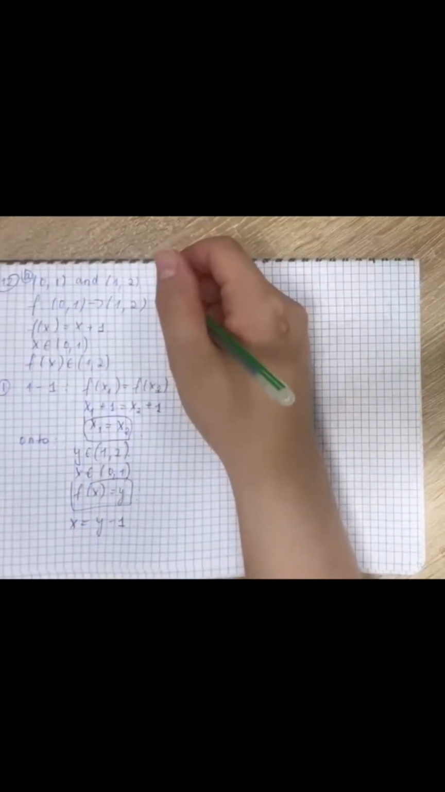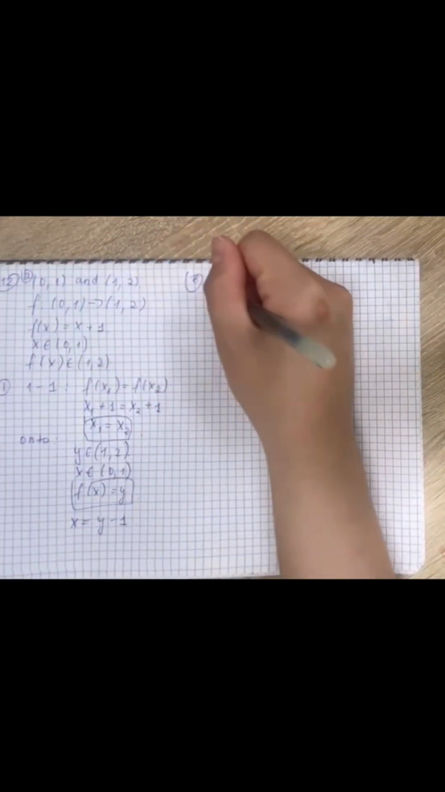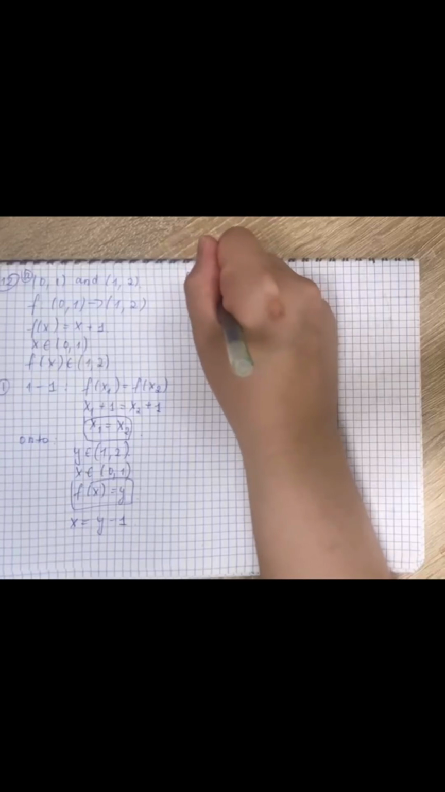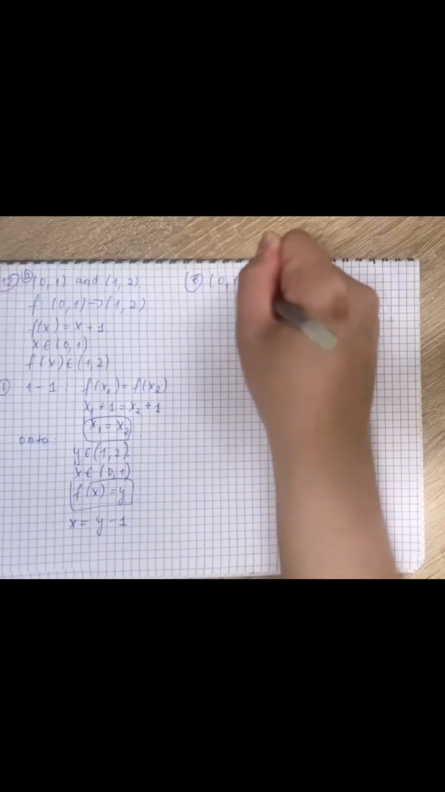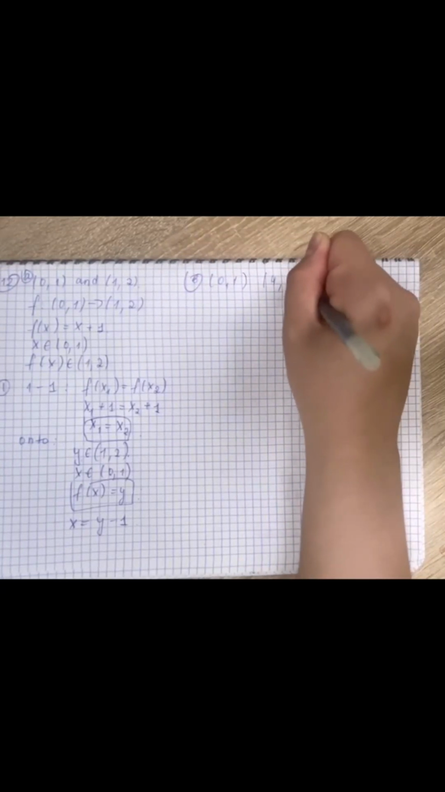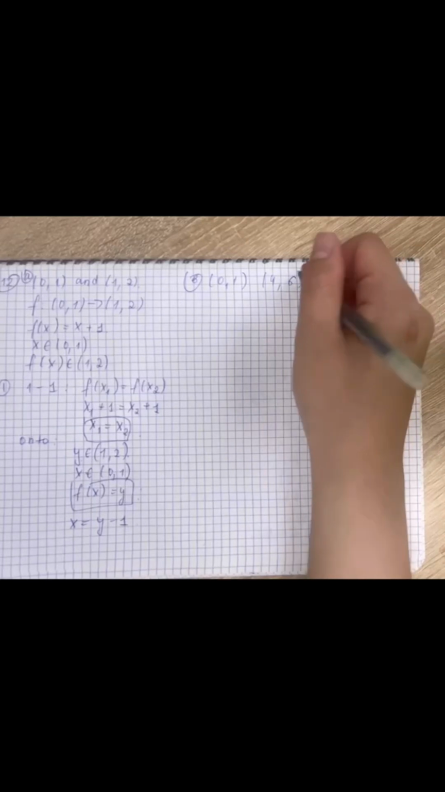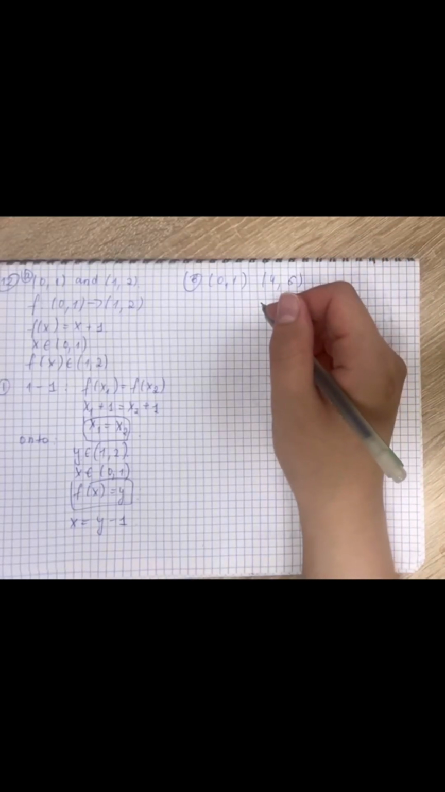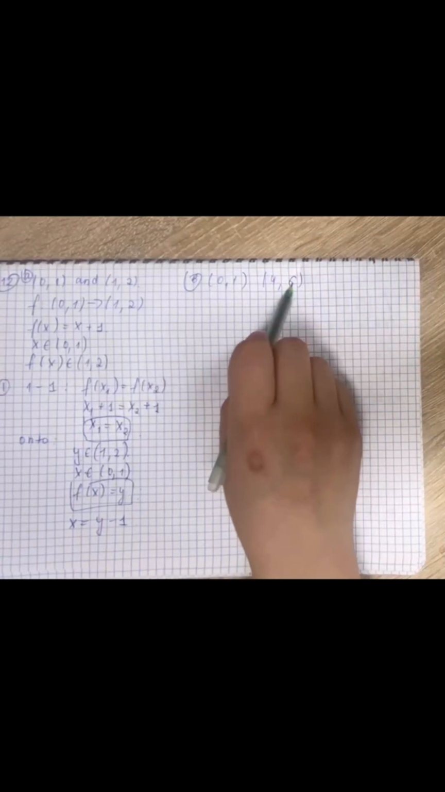Second one is B, proving that intervals [0, 1] and [4, 6] have the same cardinality. Our goal is we need to prove that these intervals have the same cardinality. Our solution is to create the bijection. To show that